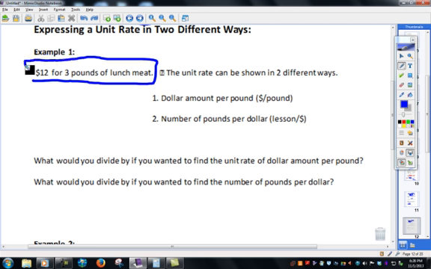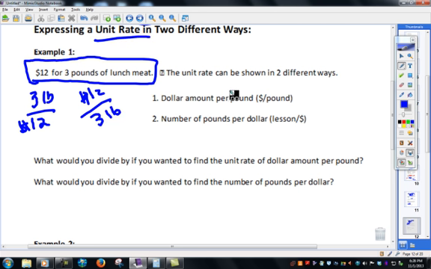I think I already did one like it, but here it is. $12 for 3 pounds. So that's how much. You could say it both ways. You could say, okay, it's 3 pounds for $12, or you could say it's $12 for 3 pounds. Doesn't matter how you say it. And when I ask you for the unit rate, on this one here, you could actually give me the money